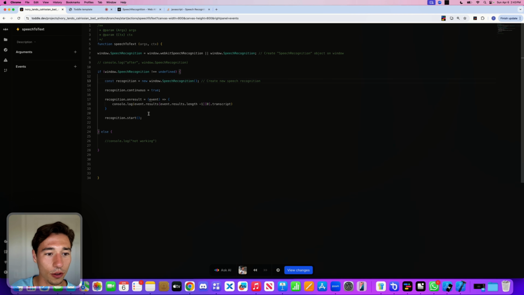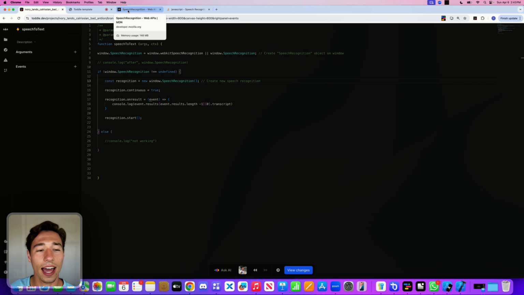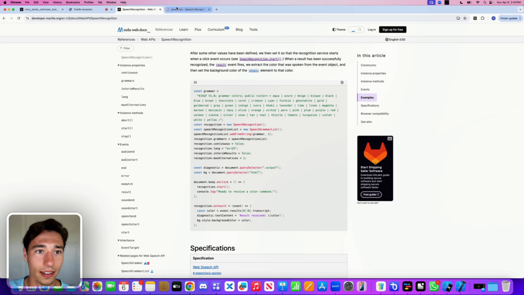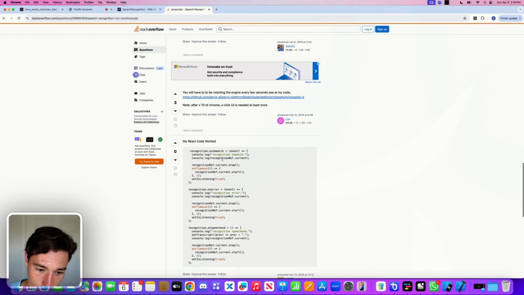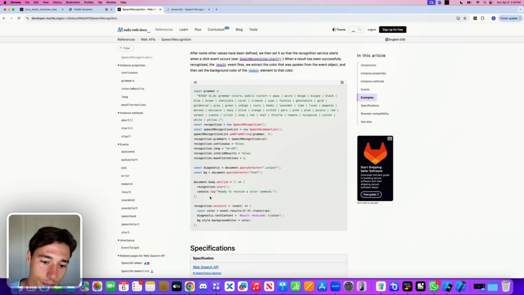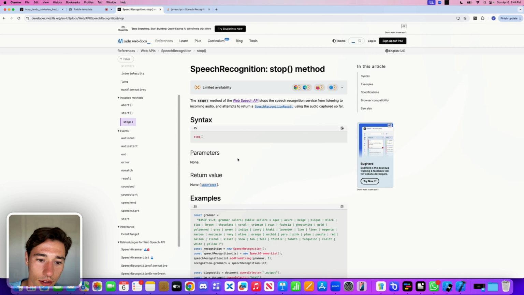We can remove all those console logs. Now I got this console log not working. We can keep that. And we now need to have a way for it to stop running. And this is something we want to take a look at. Let's keep going in the conversation. My React code worked. Oh, he's using the React. We don't like that. But if we take a look at the MDN docs, there is this stop parameter, and